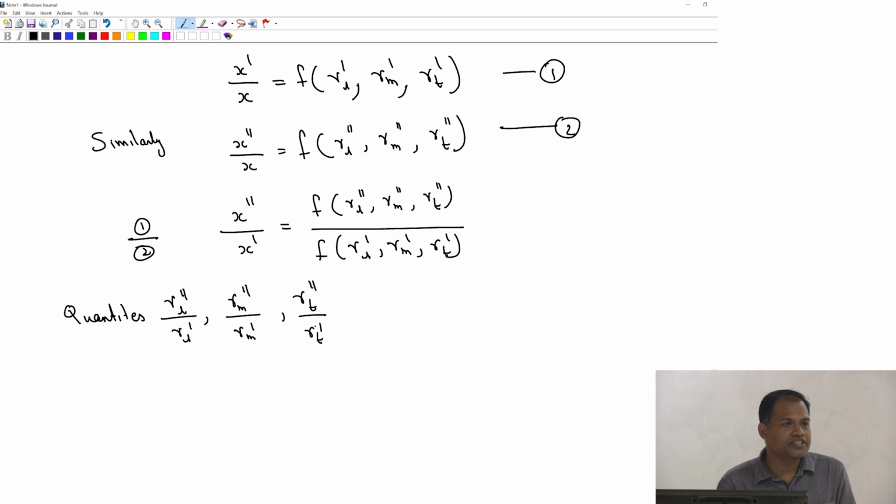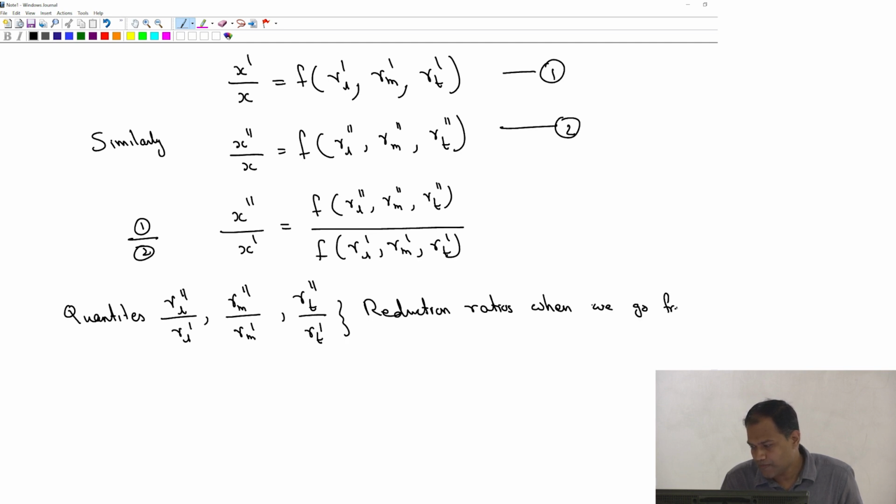So, those are the reduction ratios when I am going from a coordinate system of U prime to U double prime, right. So, these are nothing but reduction ratios when we go from U prime to U double prime, which means I could also write this expression,